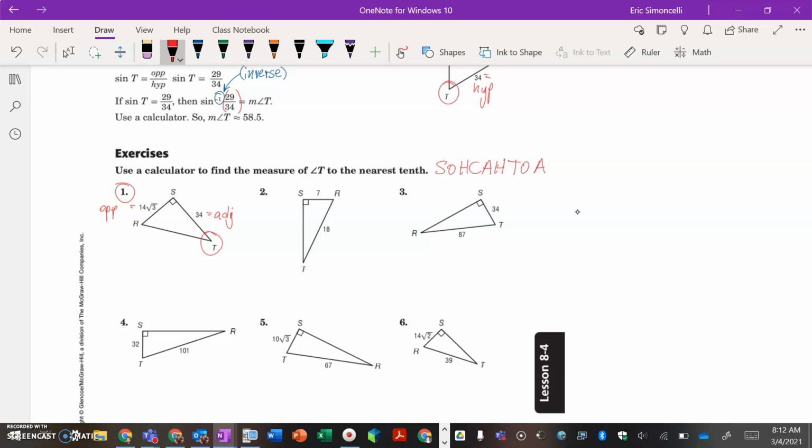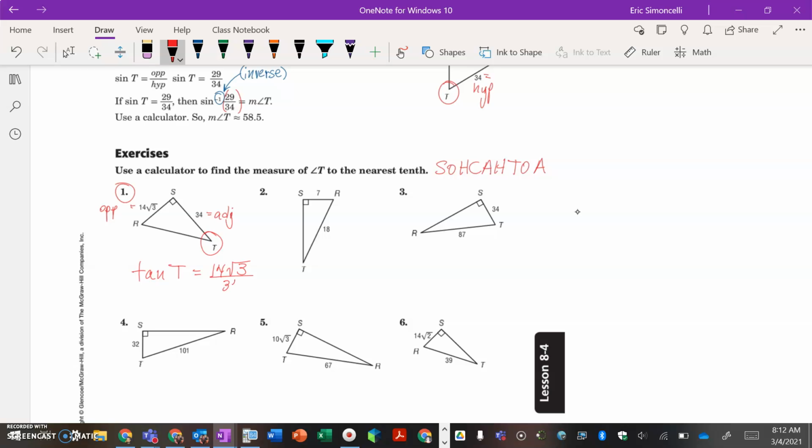Recall that sine is opposite over hypotenuse, cosine is adjacent over hypotenuse, and tangent is opposite over adjacent. So for this particular problem, we have opposite and we have adjacent. There's no other option here besides tangent. Again, we want the tangent of t, and that is going to be equal to opposite, 14 root 3, over